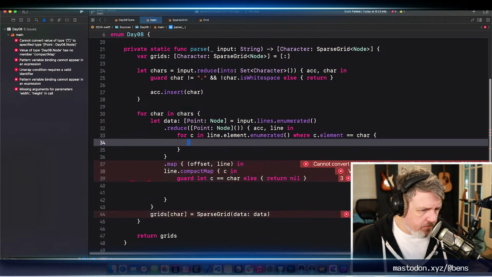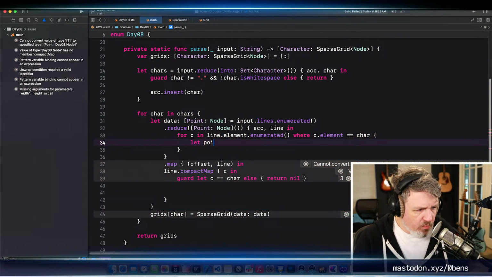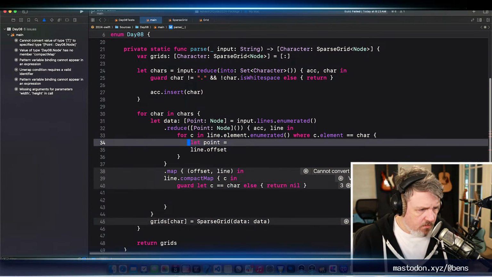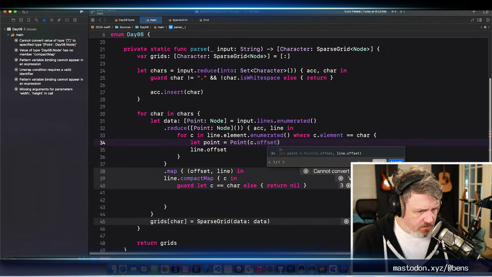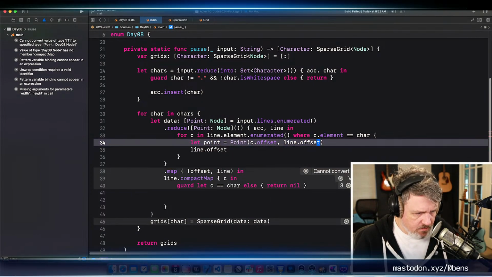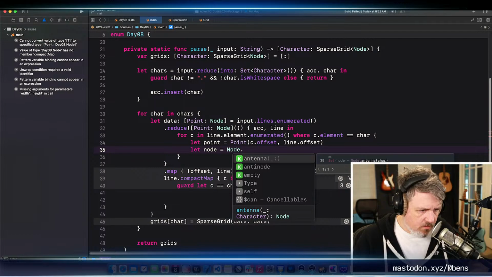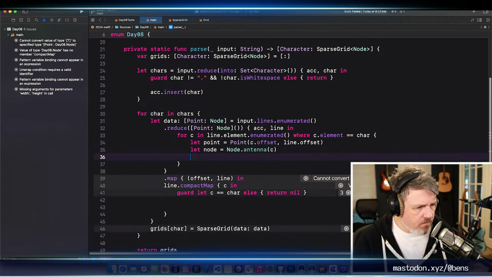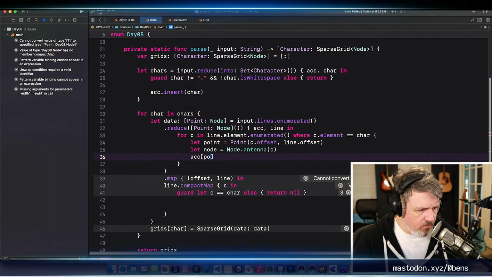All right, so we've got a for loop, and now the point here is going to be line.offset. Sorry, point. This is going to be c.offset, line.offset. And then the node is going to be node.antenna for that character. And now we can take the accumulated value and assign it.